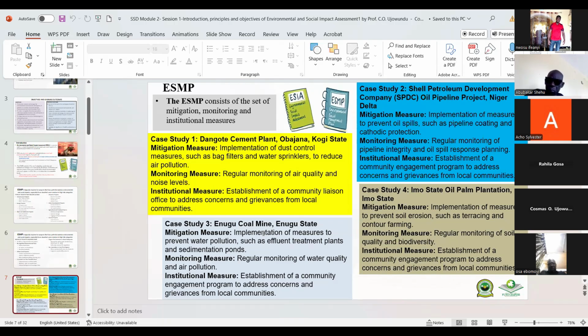Then the monitoring measures: regular monitoring of pipeline integrity. So once in a while, the company must have a template of proper monitoring of the pipeline that is laid to make sure that you prevent spill, because once spill occurs, the damage will be terrible on the environment,